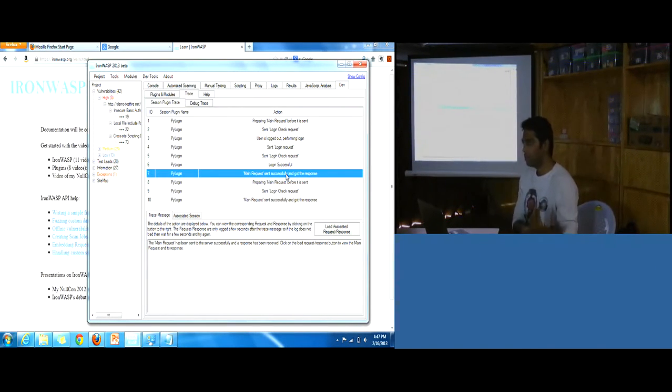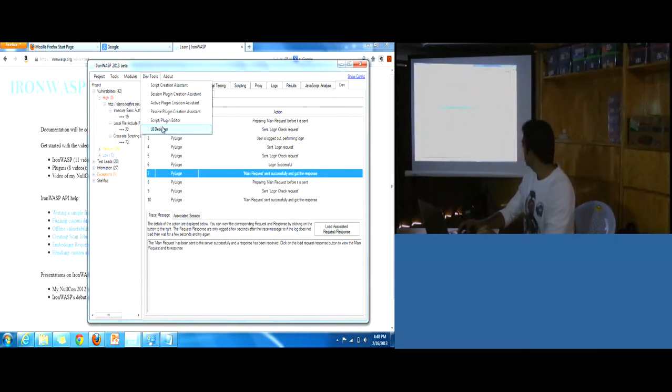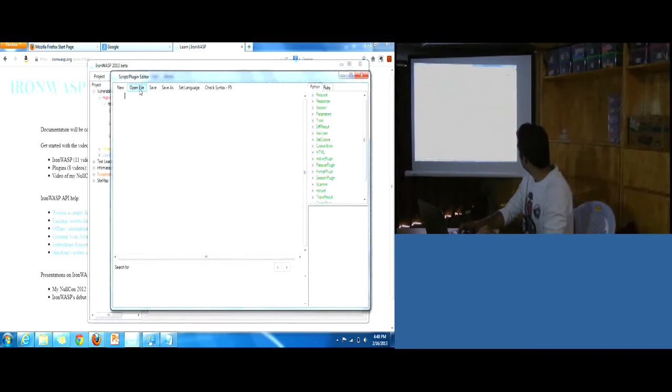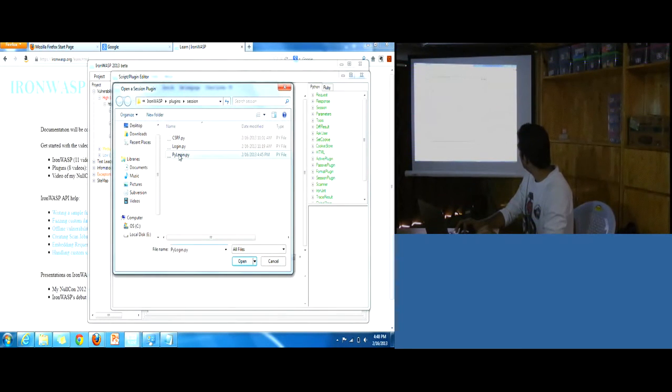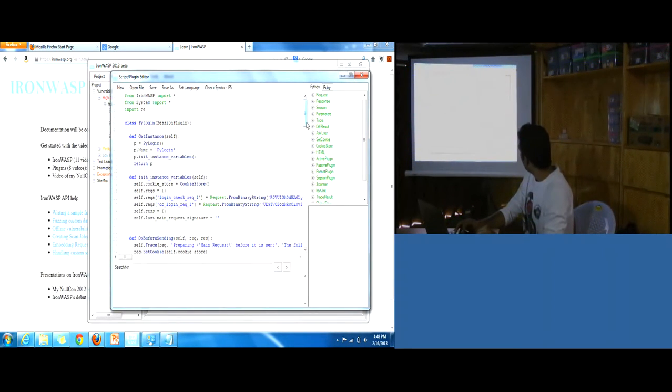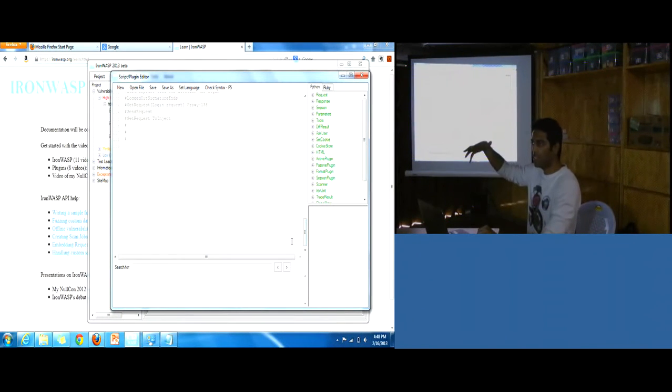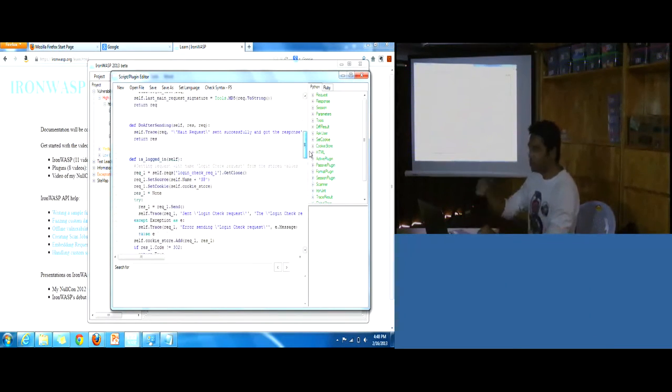And from your script, you can actually call this. I'll open up the script briefly. This is all auto-generated code. From the configuration you gave in the UI, all this code was automatically generated by the tool, and this code is what checks if you're logged in and then logs you back in.